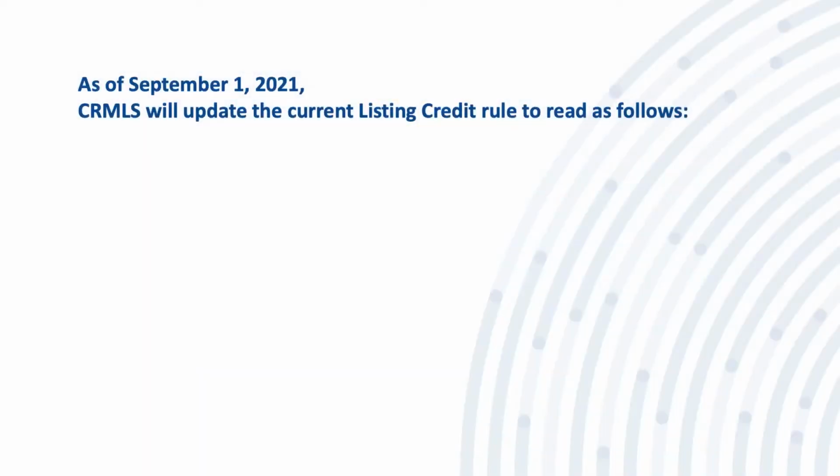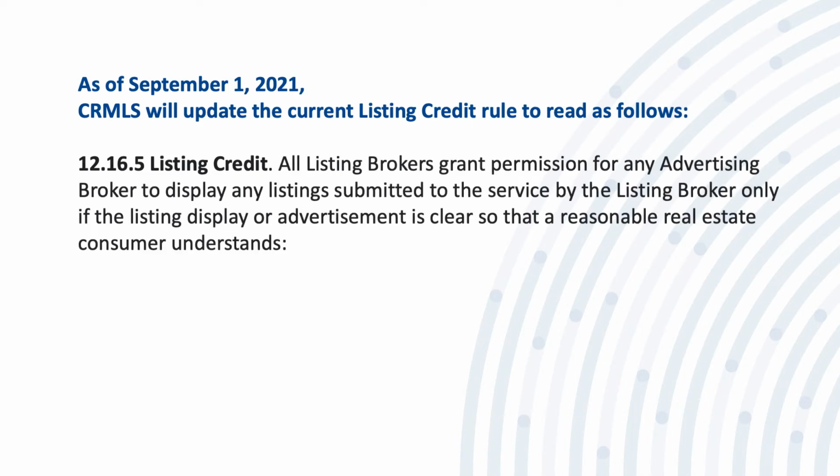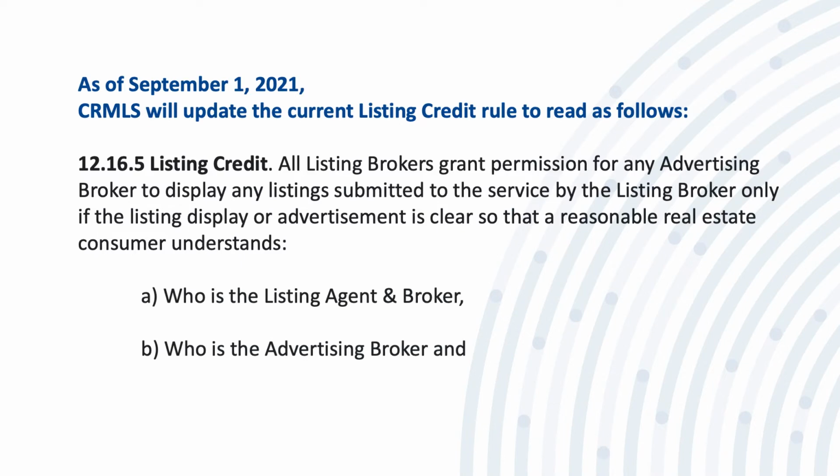Let's start by going through how the rules are changing. As of September 1st, 2021, CRMLS will update the current listing credit rule 12.16.5. The updated rule will read as follows. Listing credit. All listing brokers grant permission for any advertising broker to display any listing submitted to the service by the listing broker, only if the listing display or advertisement is clear so that a reasonable real estate consumer understands A, who is the listing agent and broker, B, who is the advertising broker, and C, how to contact that